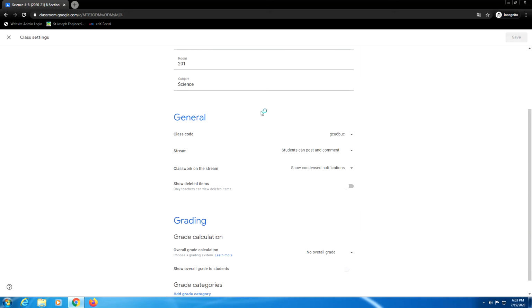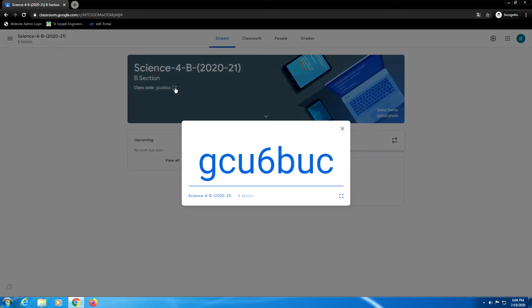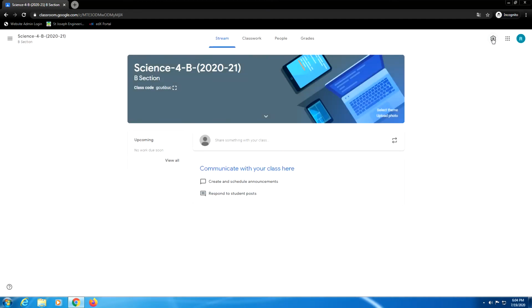Okay. Next there is an important thing, that is something called a class code. So class code is the one which can be used by teachers to invite students to a class. So for each class there will be a particular class code. So class code, one option is you can see it here, or you can see your class code right here itself. So that is one more thing. If you want to display this class code to the students, I click on display, it will be shown in full screen where students can take down this particular class code. This can be done when you are physically doing this process in the classroom, where you have a projector and you can project it on the screen. Otherwise I just close this, I come back to the settings here, I click on settings.